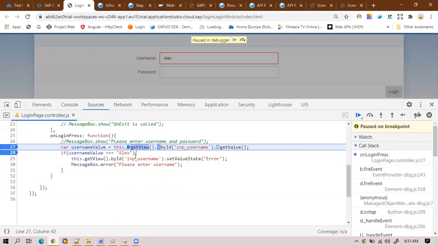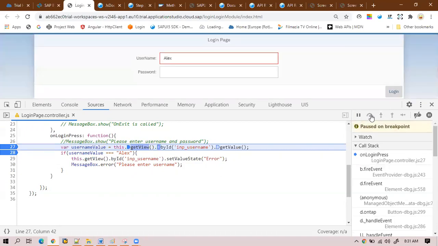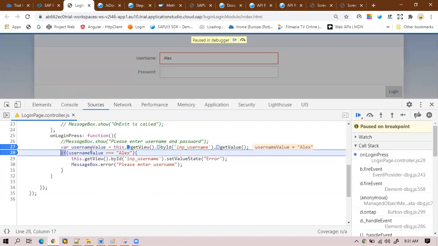As soon as your code is saved, the debugger point moves up and is set to the first line, because we changed something on line number 28. So the cursor moves to the first line of that function. Again, if I want to execute, I follow the same thing. I click on the step over button. If I check the value in username, I can see the value is Alex, because we changed it through the console.